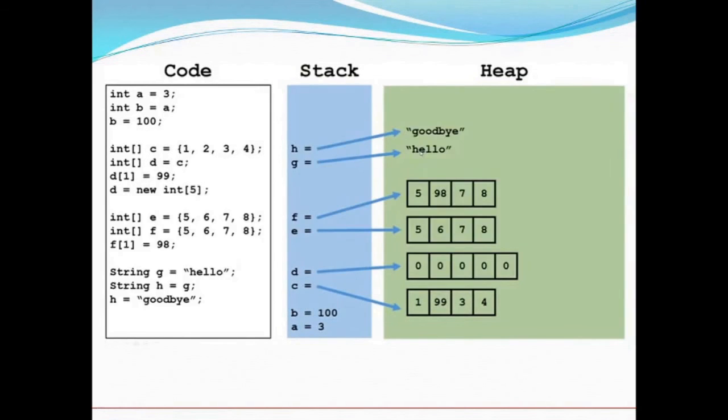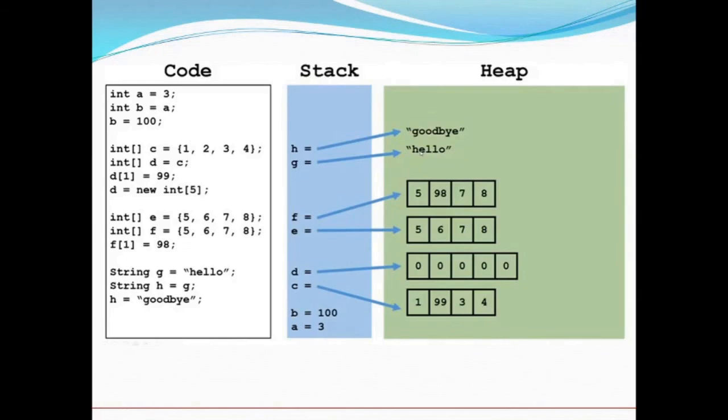Okay. Now let us do one thing more. You should know that whenever there is a new operator involved, new memory is allocated and assigned to the object to the left of the equal to sign. That means now when D is equal to new int[5], then a new integer array of capacity 5 is declared, and D is pointing to it. As you can see, now C and D are not pointing to the same array, because D is allocated a new array. Therefore D will point to this array.